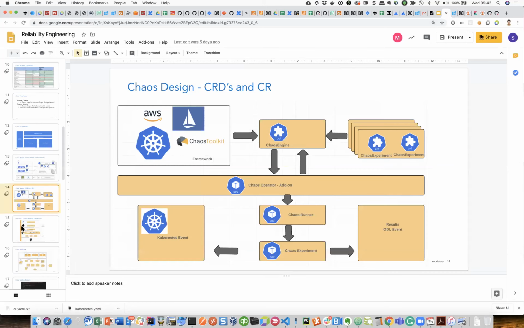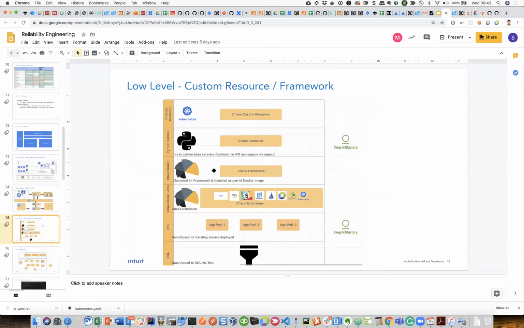So this is nothing but the chaos framework, and we wrap it up in Python. Initially it was a Python service, but now we converted it to a Python code base, and then we expose it as a custom resource. With that, the flexibility comes, which is one of the core principles of Litmus, the loosely coupled approach.